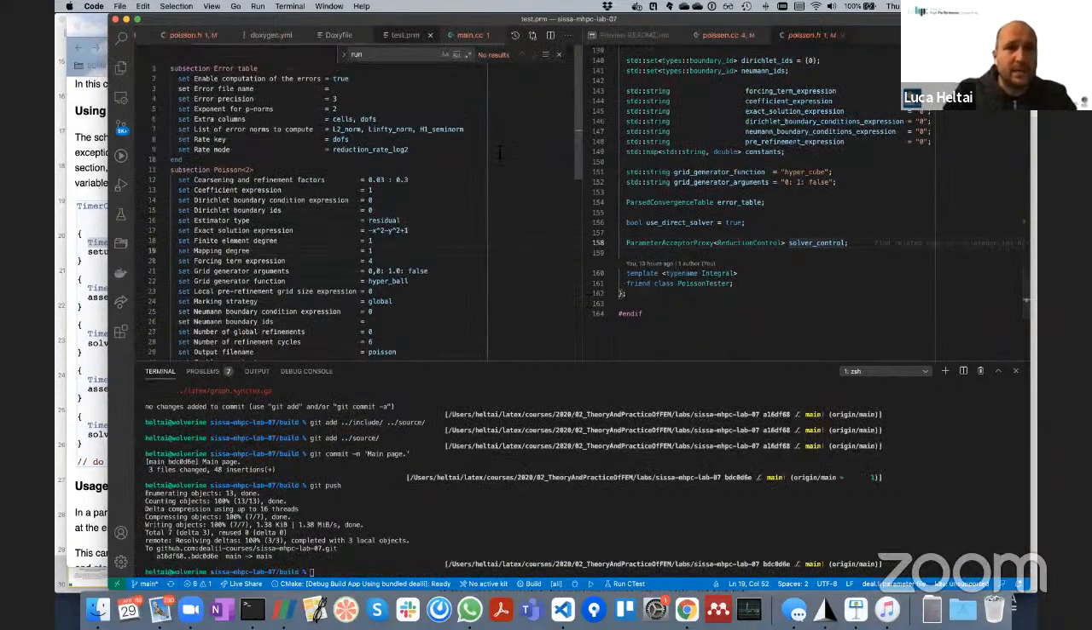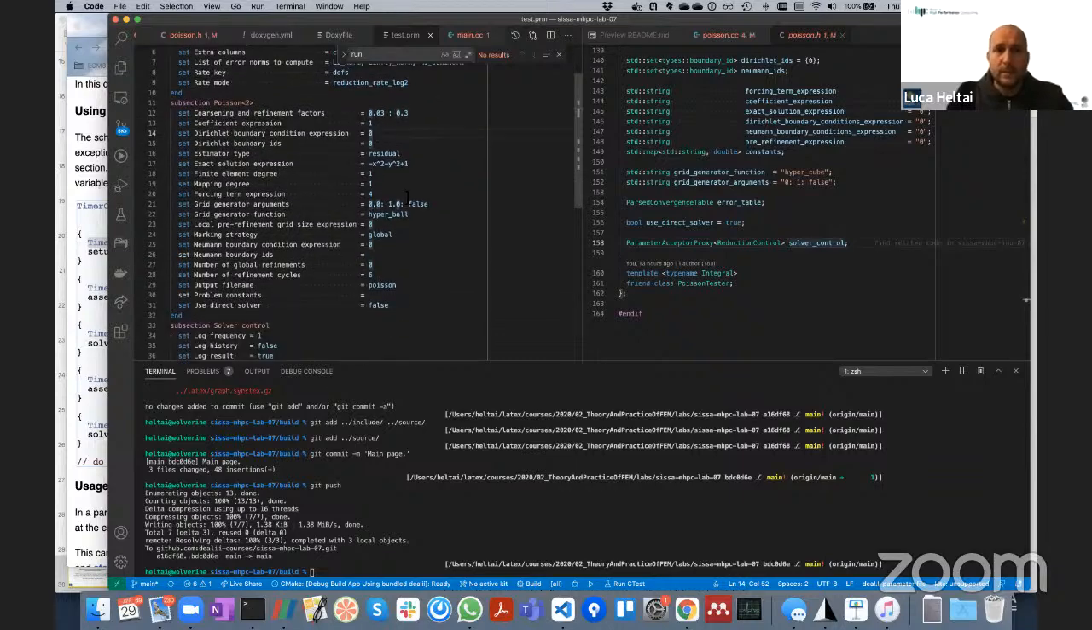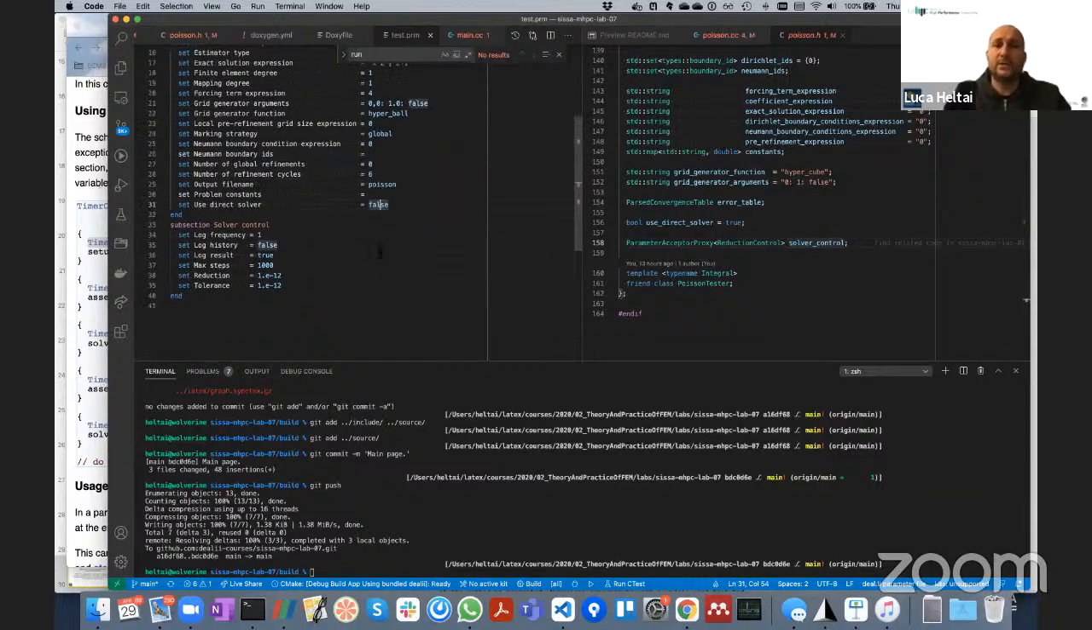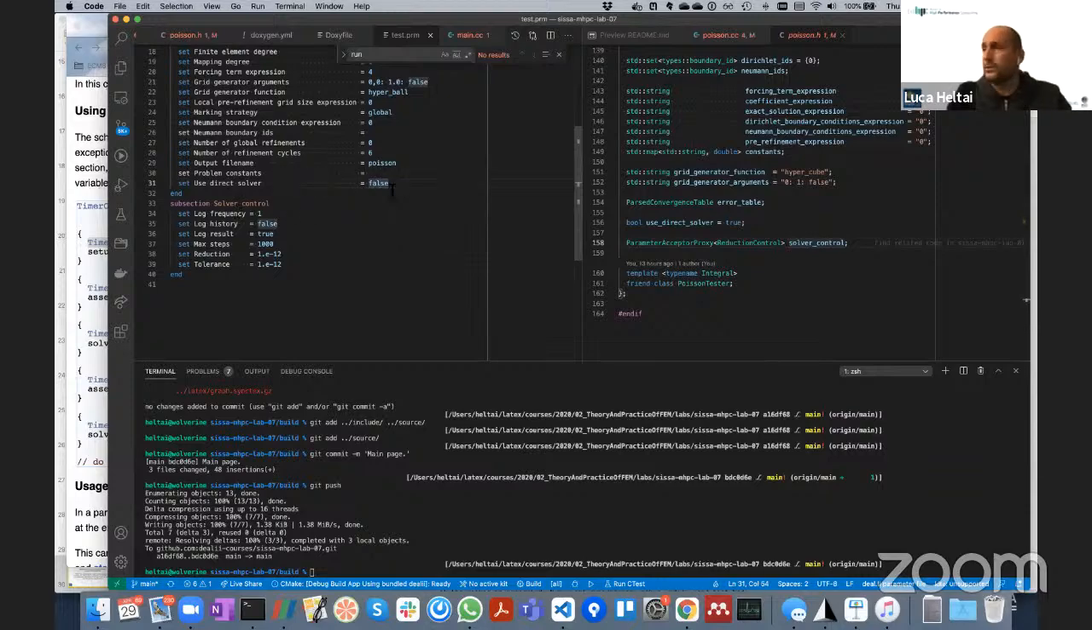The parameter file for this test contains as an exact solution the equation minus x squared minus y squared plus 1. And it's computed on a hyper ball centered in 0 with radius 1. So this is going to be 0 on the boundary, and I use 0 Dirichlet boundary conditions there with finite element degree 1 and mapping degree 1. And I'm using number of global refinement 0 and number of refinement cycles equal to 6. And I'm not using a direct solver, but I'm using the preconditioned algebraic multigrid method with conjugate gradient. Okay. If I now run this,